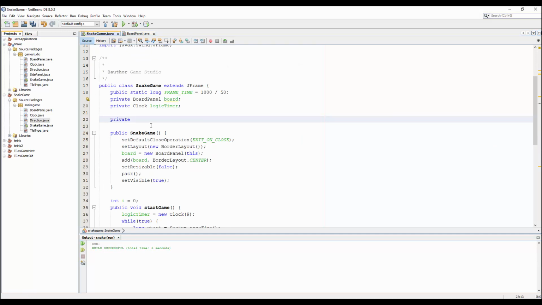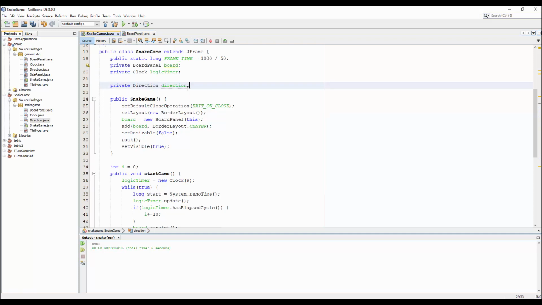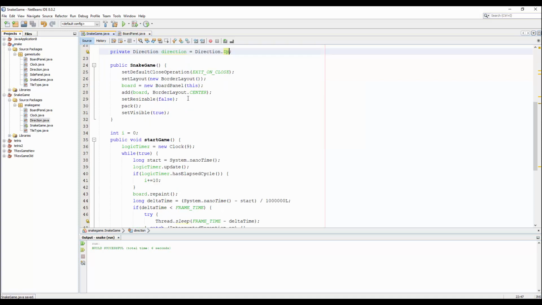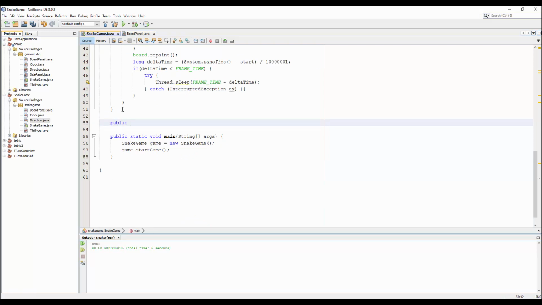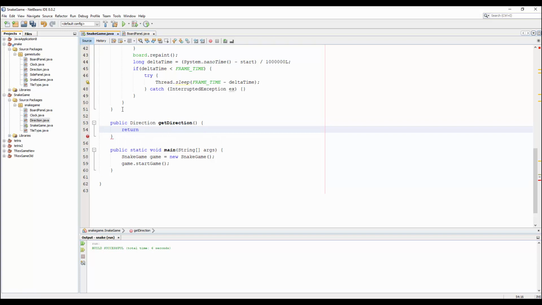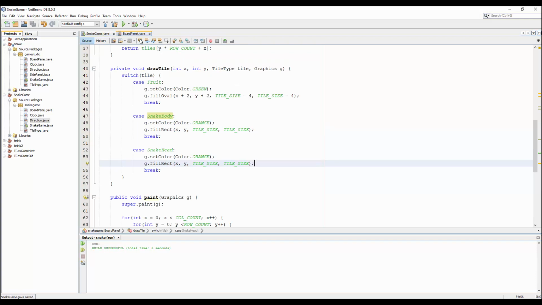Here in the snake game, we define a direction variable. We set the first value for direction equal to Direction.UP, and define another method for getting the direction. Return this direction. Alright, and go back to the board panel